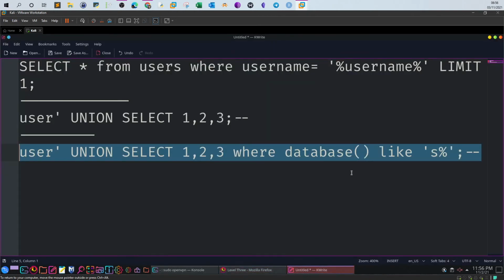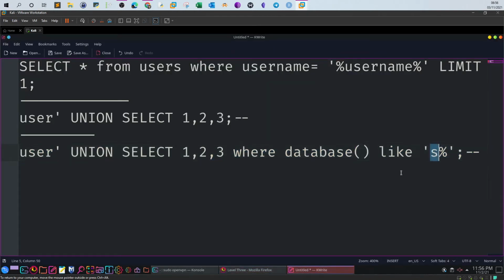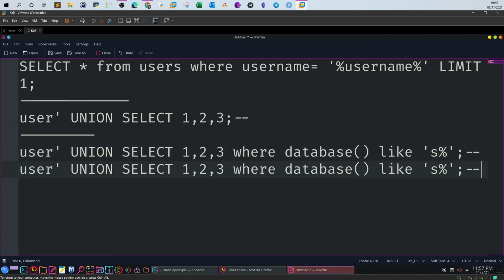It means that actually the database starts with the letter S. Okay. Now, the next thing you can do here is the same. Just type here. You can continue enumerating through all the letters A, B, C, right? Until the application tells you or returns true for you. It means you can continue building the string of characters that would finally equal the